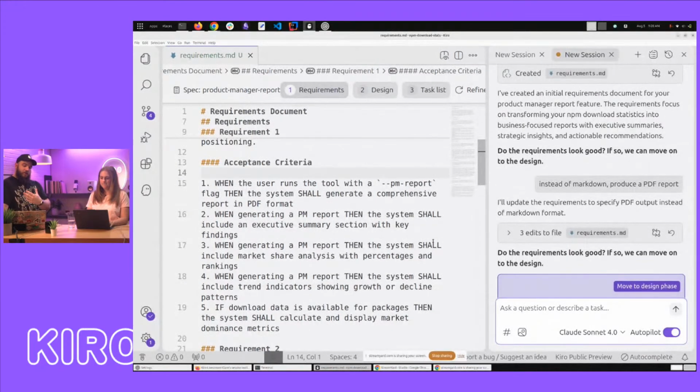It's just looking through anything else in the file where it says Markdown. This was my biggest thing with requirements initially: I didn't know, should I edit it manually or just tell Kiro to do it? You can edit it manually, but I don't know if you just save it and it applies it automatically. I know there's this whole thing where it doesn't really take it into context unless you tell it to. I don't know if that's still the case, but it's always easier to just tell Kiro to change this to that, and that's going to be the simplest option.